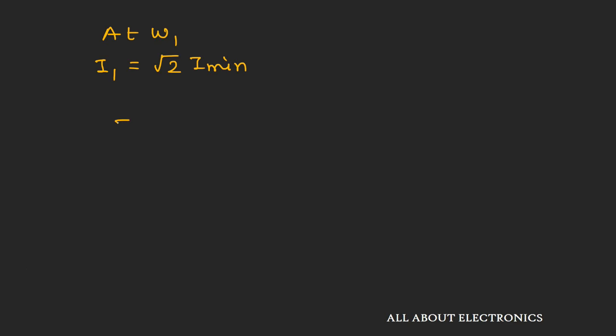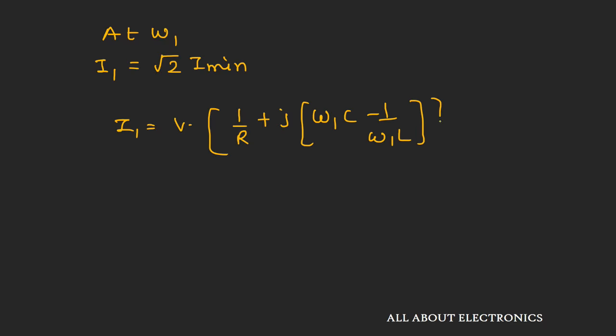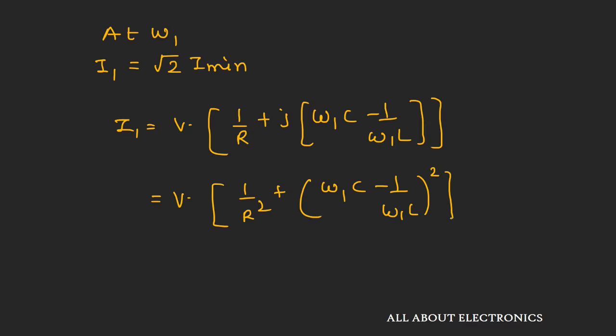Now we can write this current I1 as V into (1/R + j(ω1 C − 1/(ω1 L))), or as V into ((1/R)² + (ω1 C − 1/(ω1 L))²)^(1/2). Now this value of I1 is nothing but √2 times I minimum, and I minimum is nothing but V over R. So squaring both sides, we get